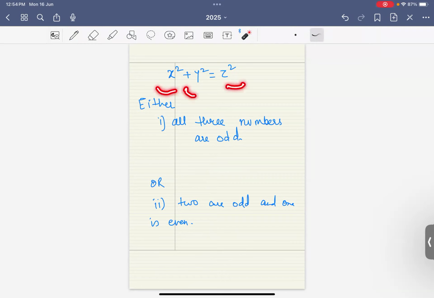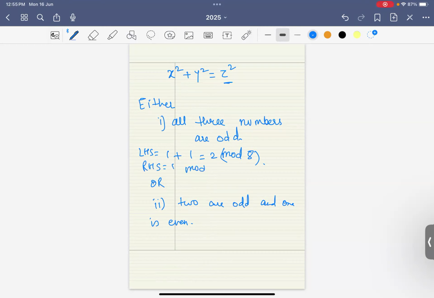numbers are odd, then we know that this is congruent to 1 mod 8. This is congruent to 1 mod 8. So the square of any odd number is congruent to 1 mod 8. So left hand side is 2 mod 8. However, the right hand side is just 1 mod 8. So LHS is 2 mod 8, RHS is 1 mod 8. So that's not possible. Not possible, in fact. So if 3 odd is not possible, then we are left with only one case, that